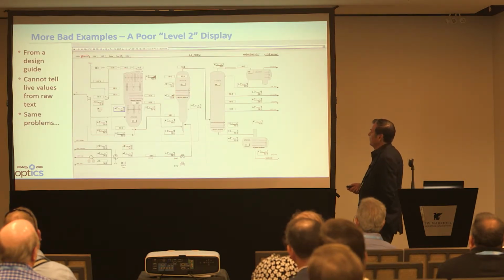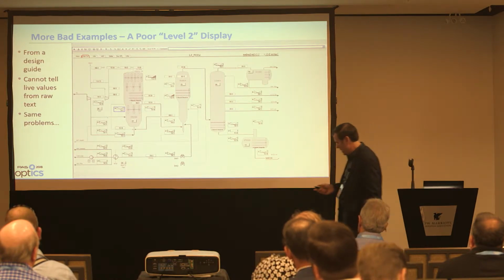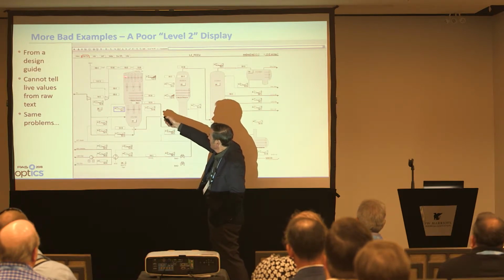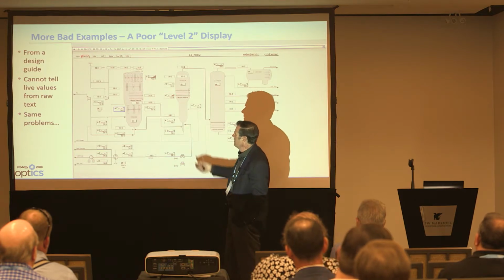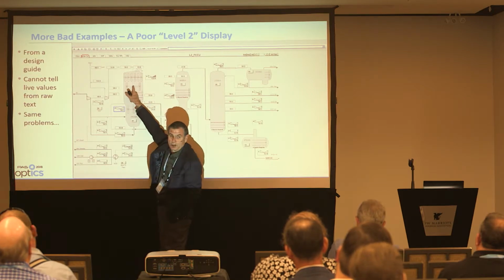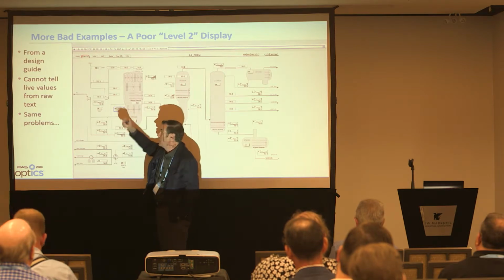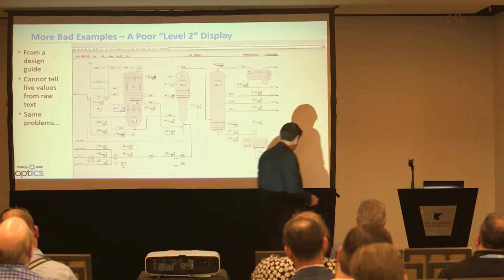This is from a different design guide. This is a level 2. Again, here you have some analog indicators, but they are so dim, so indistinct that you can't make them out. You can't even make out these tick marks, but they're important. You're supposed to be able to read that and differentiate your understanding based on the proximity of certain things to those. So, no,